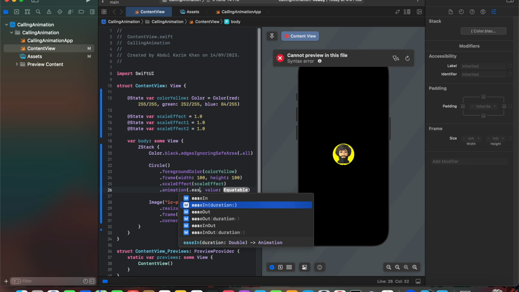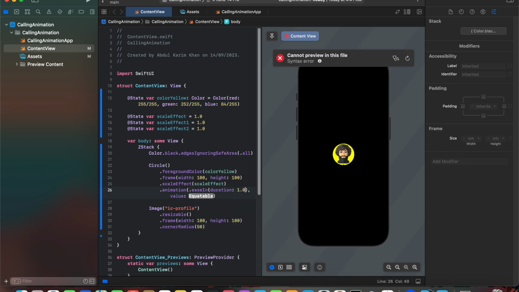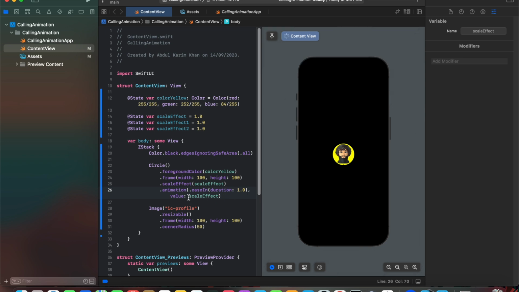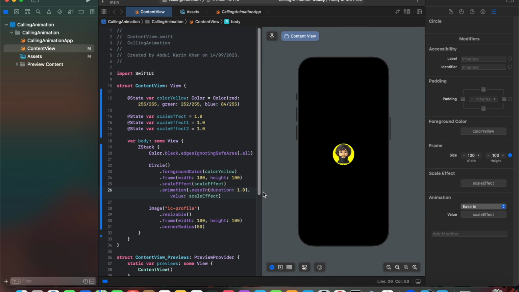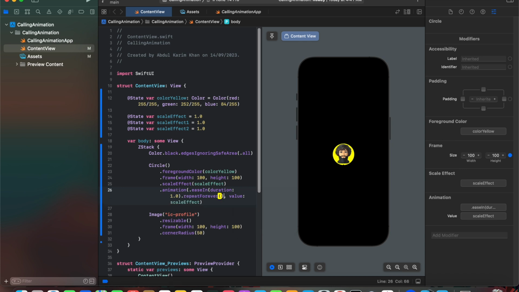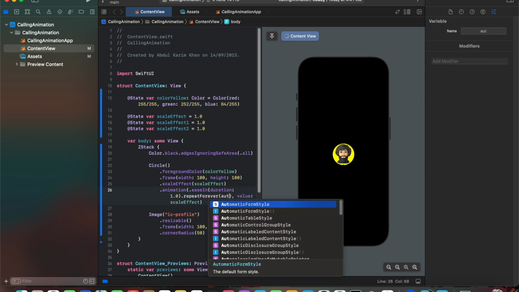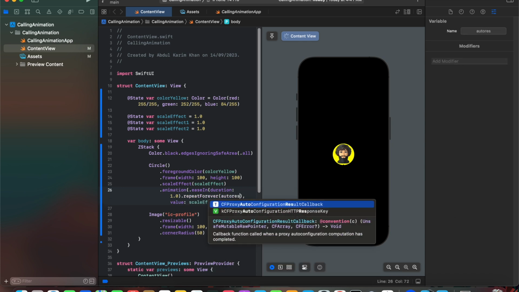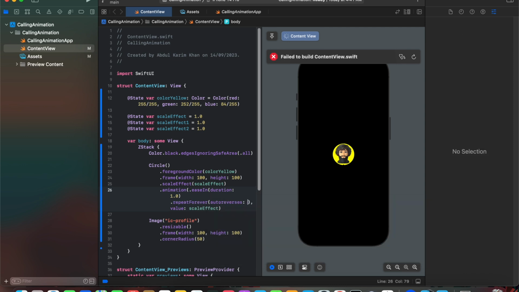and next add the animation function with a dot easeInOut and duration of 1.0, and let's add scaleEffect to the animation. Next we need to repeat this forever, so we are going to add repeatForever with autoreverses set to true,